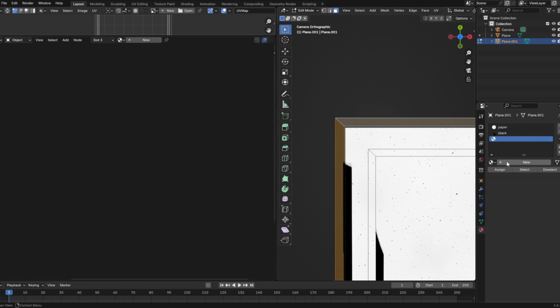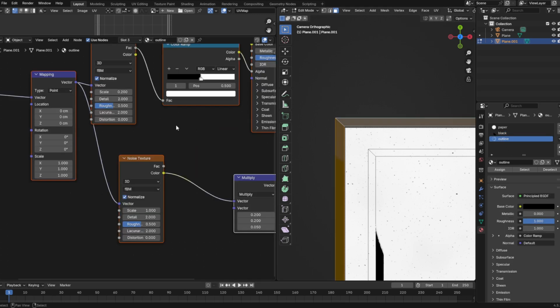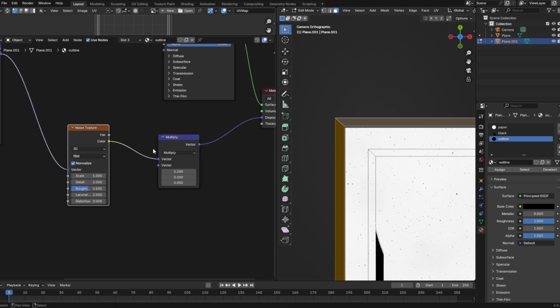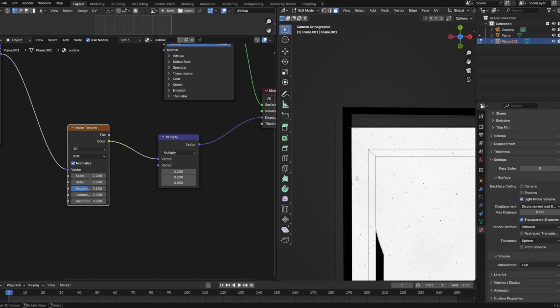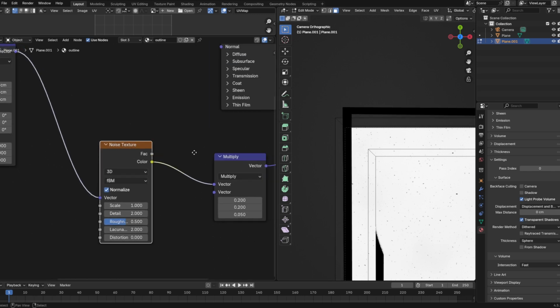So let's just make a new material, copy our black material, paste it into here, and then just remove this stuff. With this displacement setup that we have here, it will always displace to the top right of the screen. Oh, actually I forgot to make this displacement. Okay. It'll always displace to the top right, and we don't want that because we want to have some more